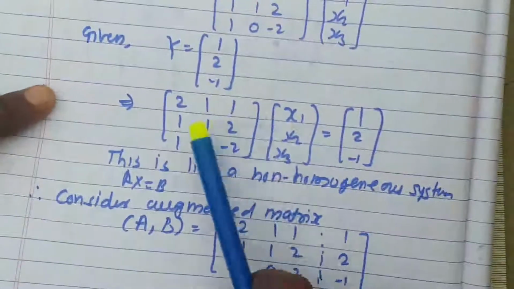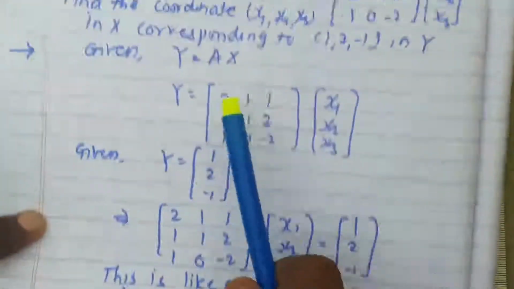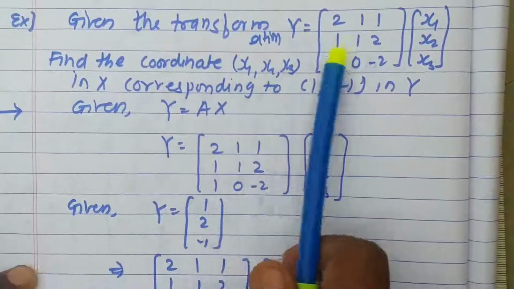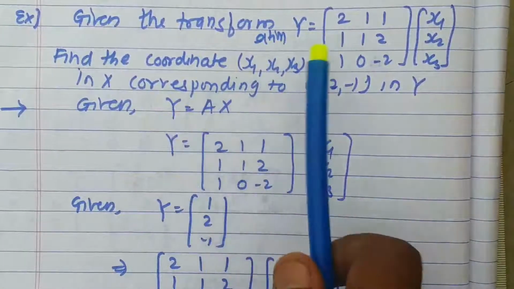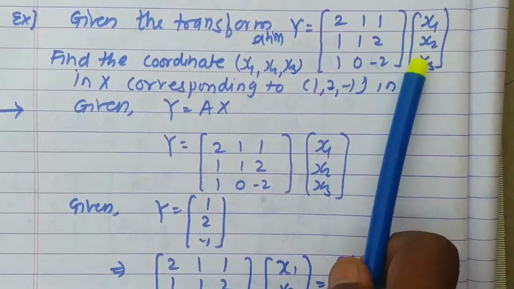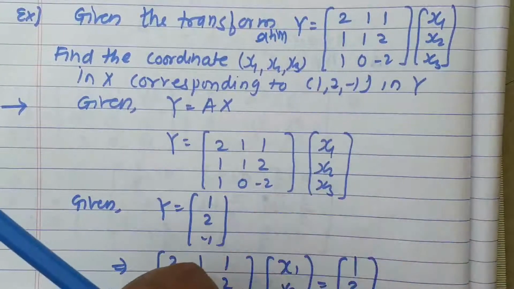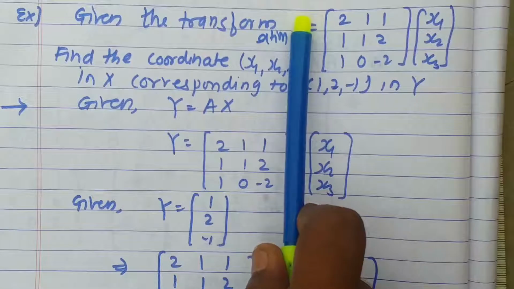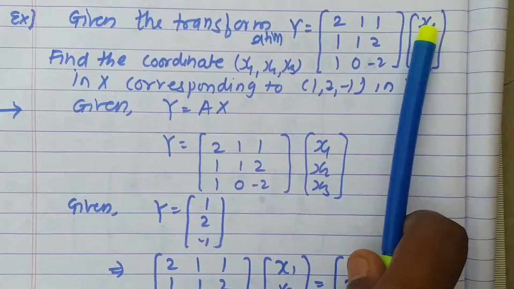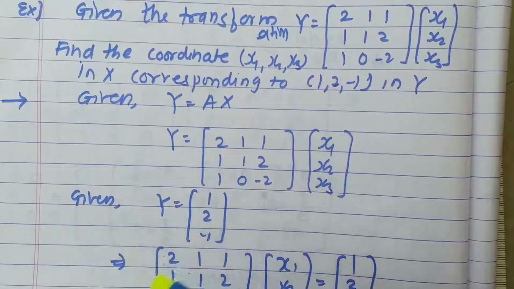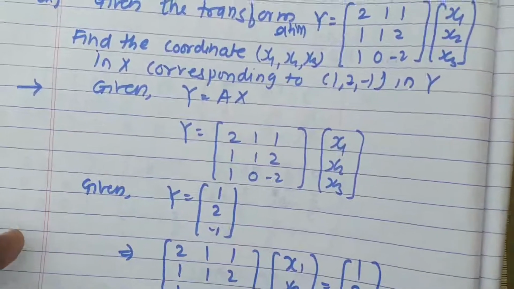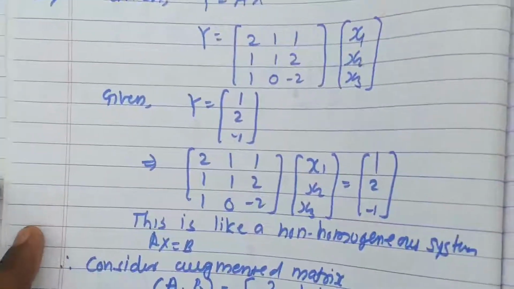So finally you will get the unknown x of that system, x1, x2, x3, as minus 1, 3, 0, which is the unknown vector of this system Ax equal to b. This is the required value. Whenever you have such a problem, if they give you the value of x and ask for y, then by simple multiplication of matrices we can get that value. But if they give the y side value and ask for the x side value, you need to solve a non-homogeneous system of linear equations again. In that way you can obtain the required vector.